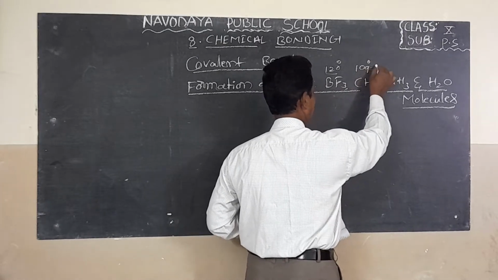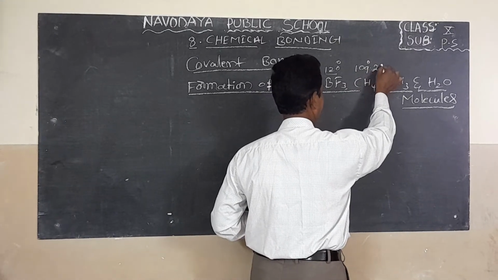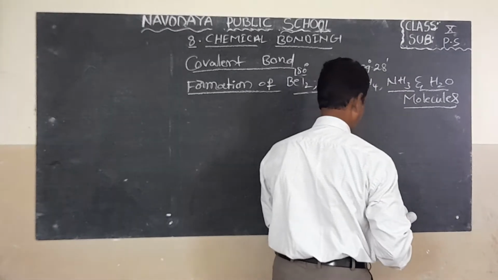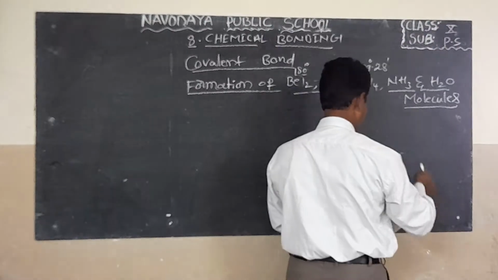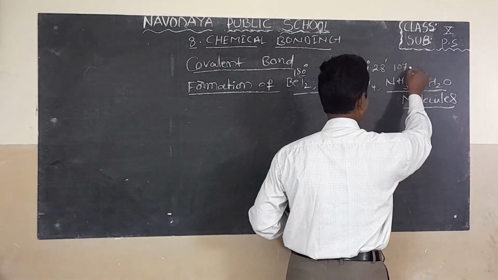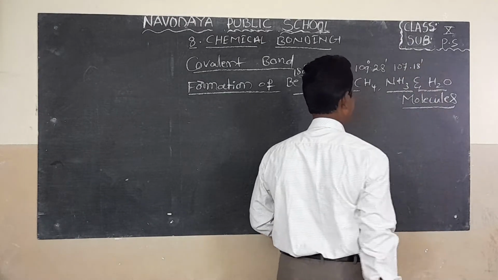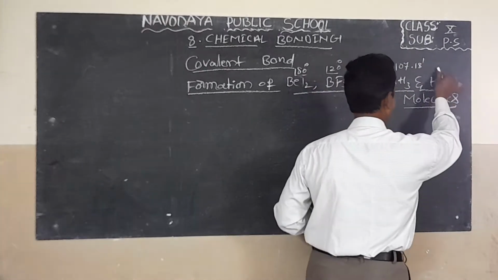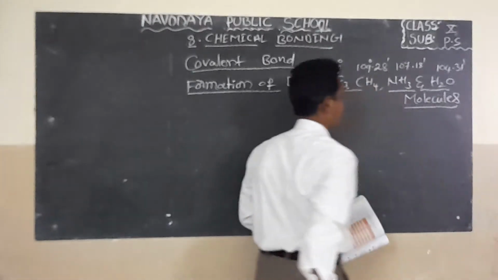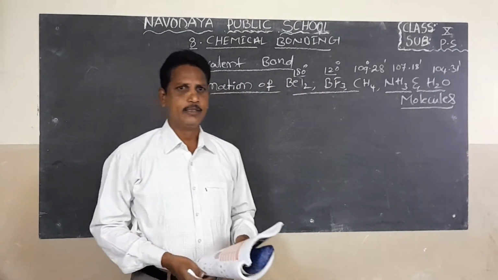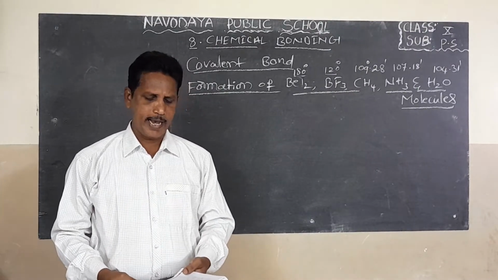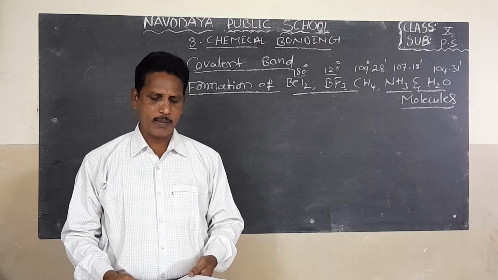28 minutes. The bond angle of NH3, ammonia, is 107 degrees 18 minutes. The bond angle of the water molecule is 104 degrees 31 minutes. So this valence shell electron pair repulsion theory explains the bond angles in a molecule